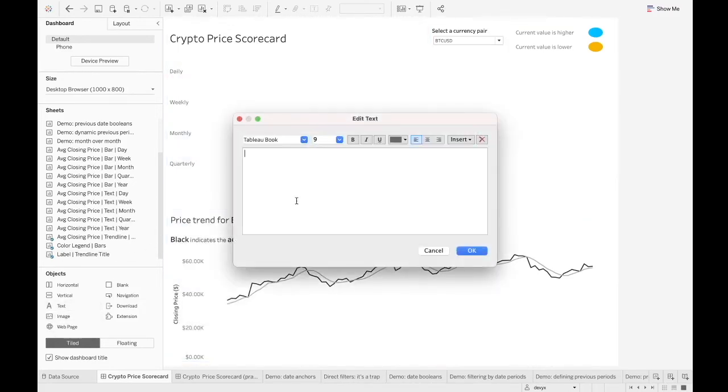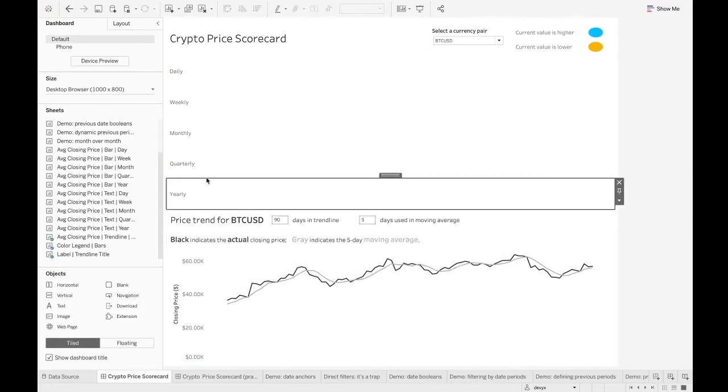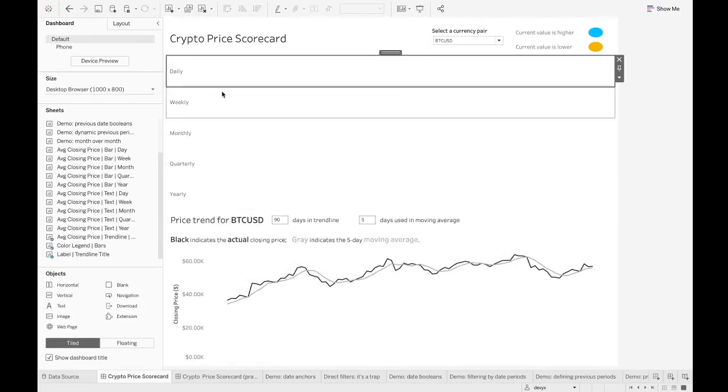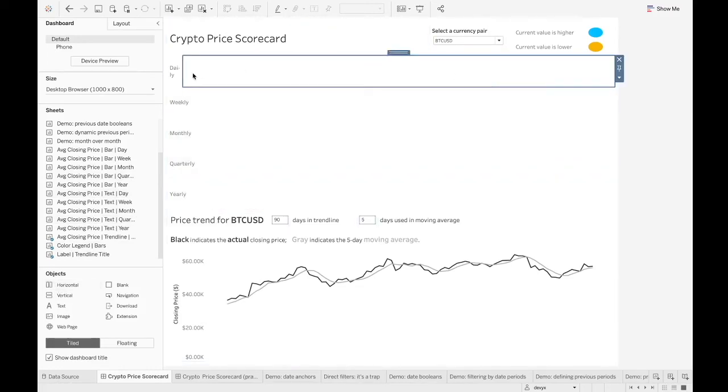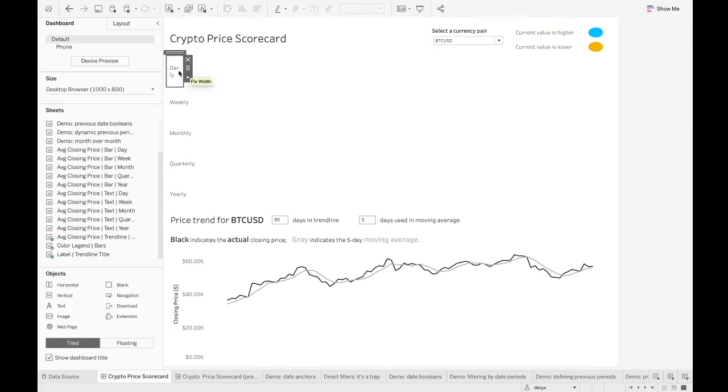So we have our text in the picture, and we don't just want text in here. We actually want this to have a layout container next to that text. So let's bring a horizontal layout container into the picture next to each one of these pieces of text. And if we want to at this point, we could try to click and drag this to the appropriate width,